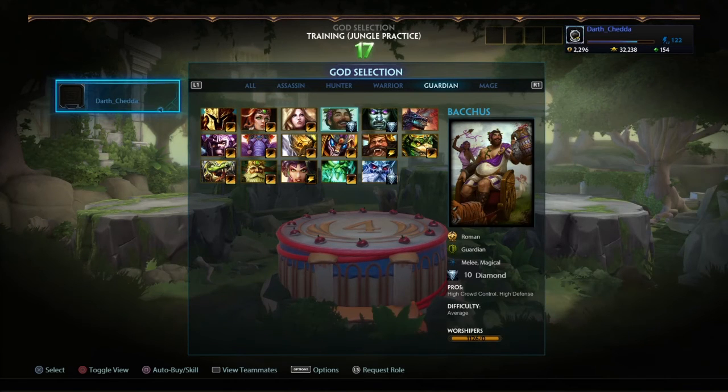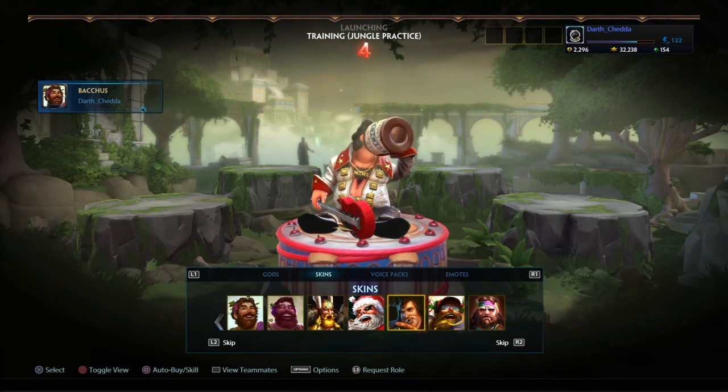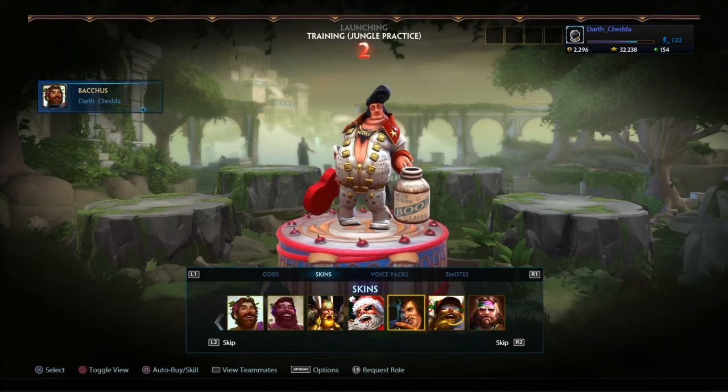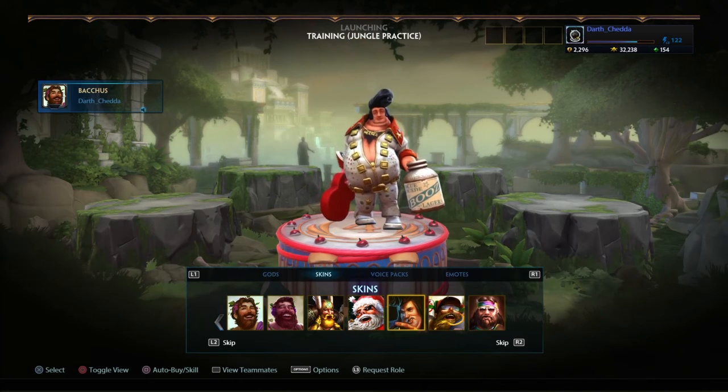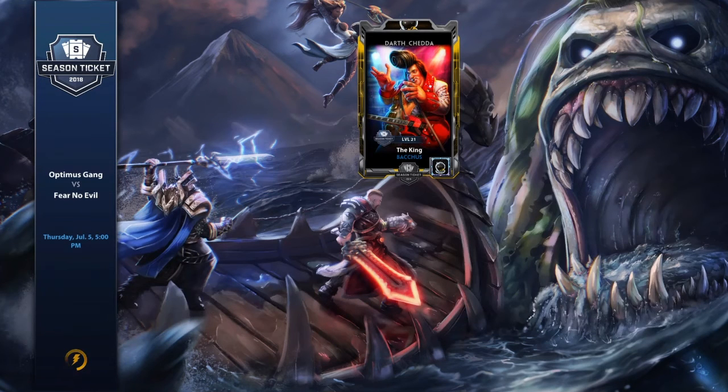So what we're going to do is we're going to do Bacchus. King, baby. I have him Diamond. I play him a lot. He's one of my favorite Guardians. Great peel, great all around. Just in general, a really good Guardian. It's like my go-to pick. He's also banned a lot in